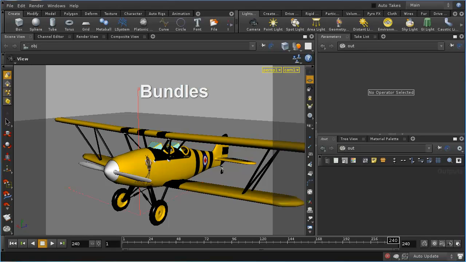We're going to talk about bundles, which is a form of group. You can have groups of lights or objects or whatever and assign them to different ROPs in different ways. We're going to talk about takes, which are like render layers. Kind of like render layers on steroids, actually,